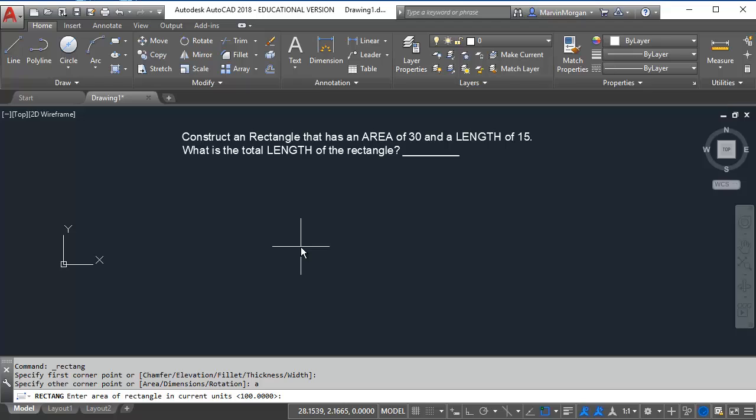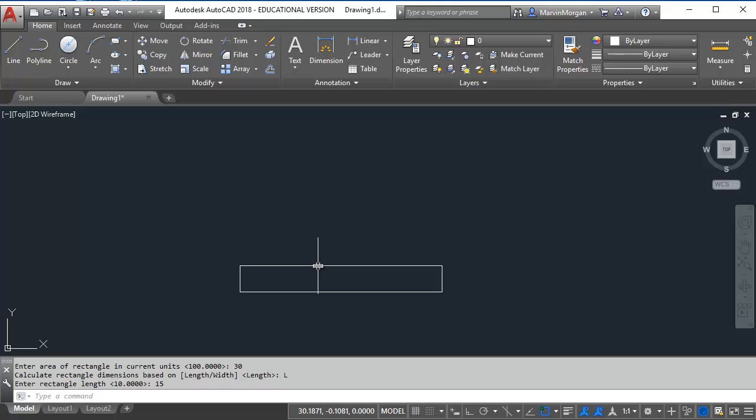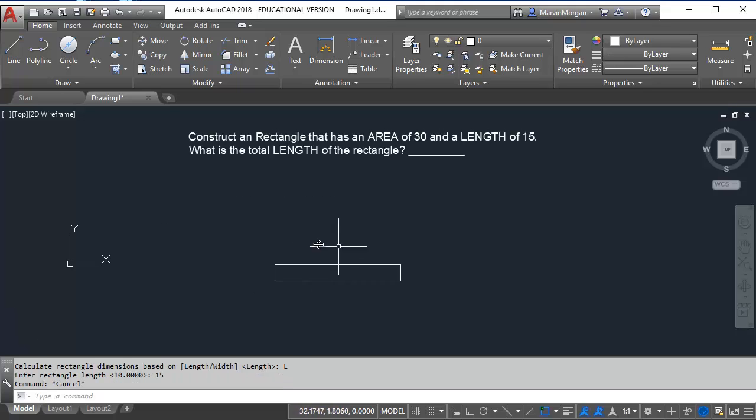And this time it's going to ask me what area of the rectangle, and that'll be 30. Then next it's going to ask me to calculate whether I want the length or the width. I want to choose the length. Then lastly, it's going to ask me to enter the length, which is 15. I press enter, and that produced me a rectangle